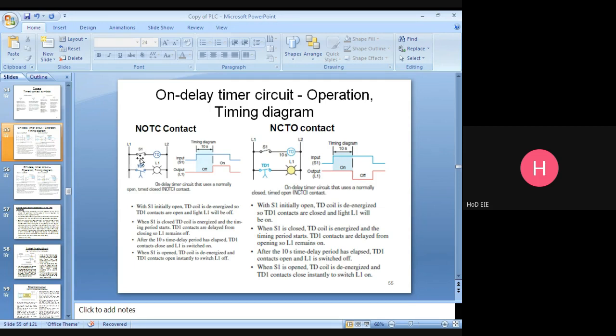Vijay, listen carefully and answer me. If you are closing the switch, and you do not consider the delay at all, what will happen here?